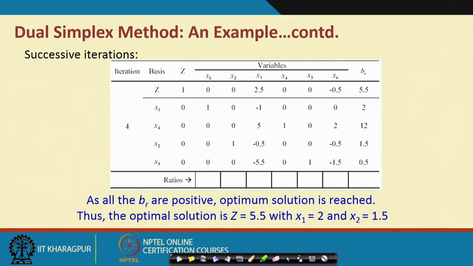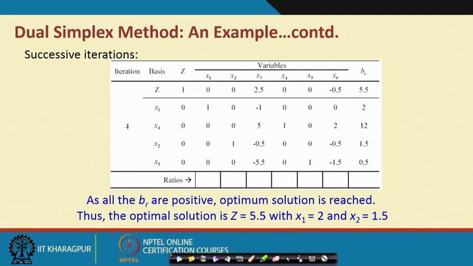That indicates that we have reached the optimal solution, and obviously in the basis matrix in the final optimal solution we have x1, x4, x2 and x5, and corresponding to the particular